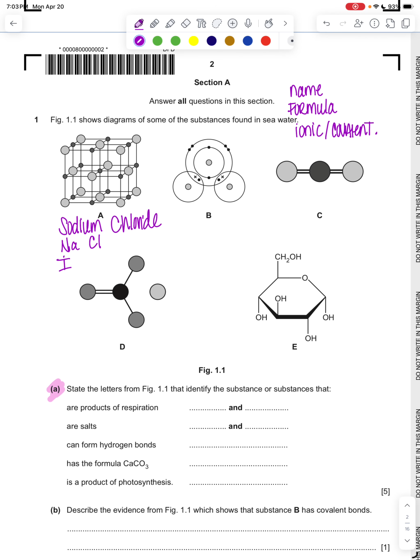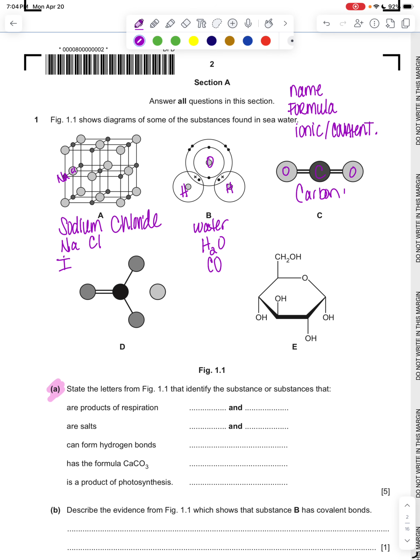And by giving or taking an electron, this is going to have a charge, a positive or negative charge, causing it to turn into an ion. Substance B is water, H2O. This is covalent. They share electrons. Here's your H, O. These are your little NAs. These are your CLs. Over here is CO2,